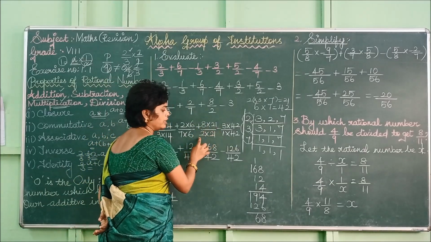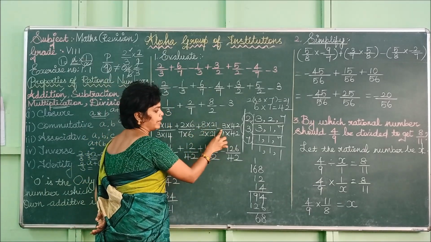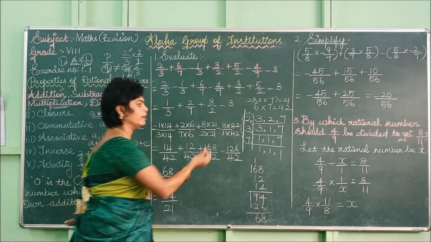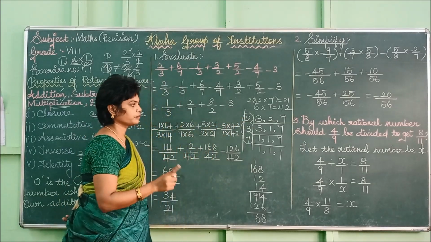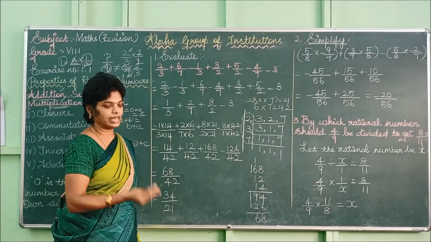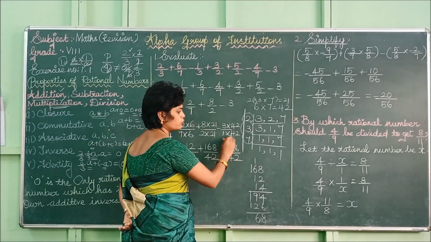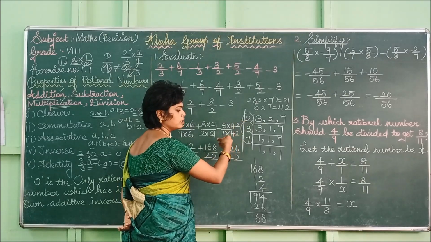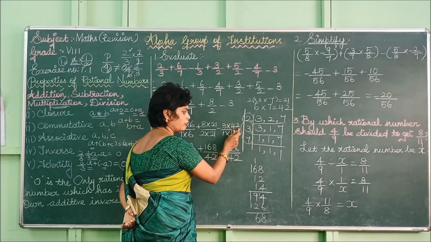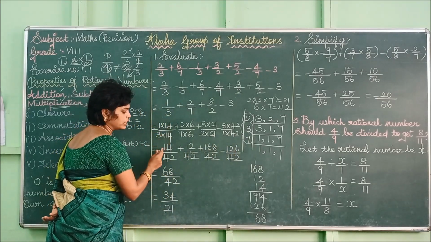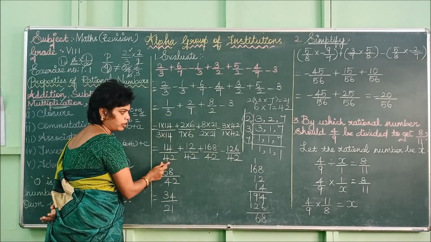8 into 21 divided by 2 into 21. Minus, here for 3 in the denominator there is no value. No value means 1. So 3 by 1 is again 3 only. So 1 into 42 is only 42. So you can multiply the numerator as well as the denominator by 42. 3 into 42 divided by 1 into 42. Listen here. 1 14s are 14, 3 14s are 42.